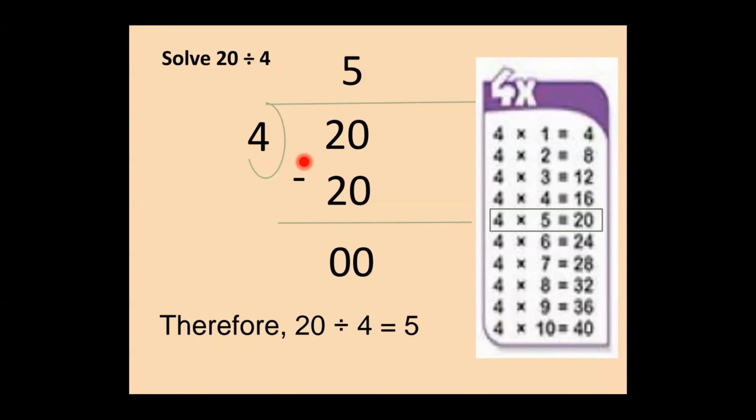Now in this 4's table you will see 4 fives are 20, which means the expected answer. What did we expect? That we should get 20. So here it is 4 fives are 20. So we are going to write 5 up and carry minus 20 from it. Students, you can practice in your notebook, because your workbook you must have almost completed. We are doing revision, so you can use your notebook. So now 4 fives are 20 and 20 minus 20 will be 0. That means when we divide 20 by 4, you will get the answer as 5.